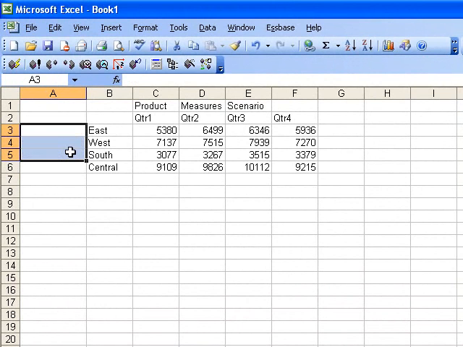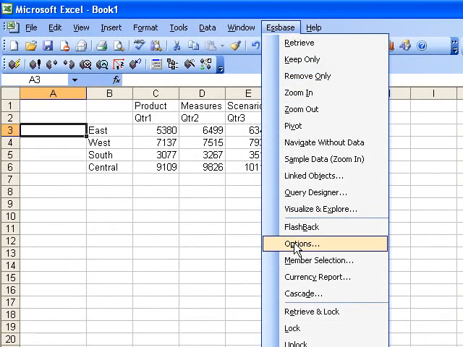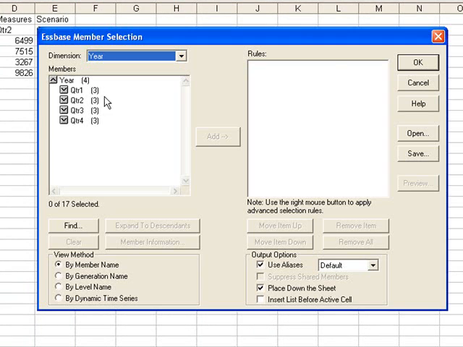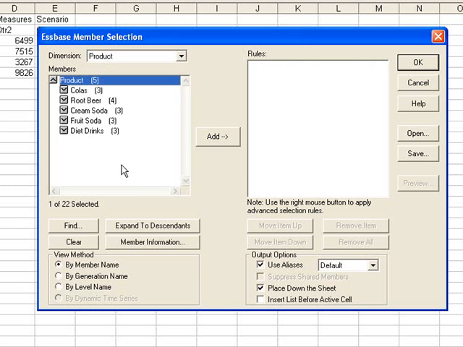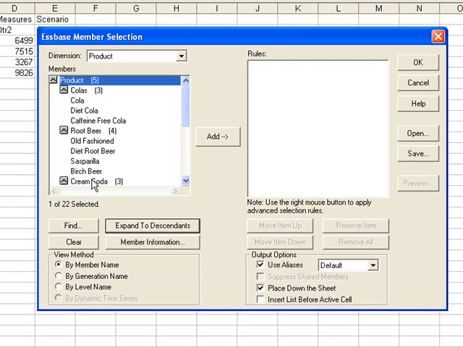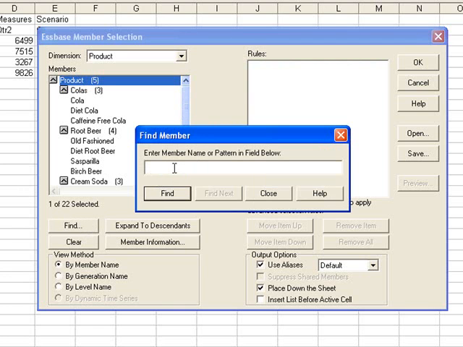I'm going to delete those members again, select cell A3, and once again go into member selection, select my product dimension, and expand to descendants. But this time, what if I wanted to add members that all had a similar name? They all started with a similar word or set of characters. So I'm going to use the find button in this case and type in diet, since I know some of my product members are diet members, followed by an asterisk,